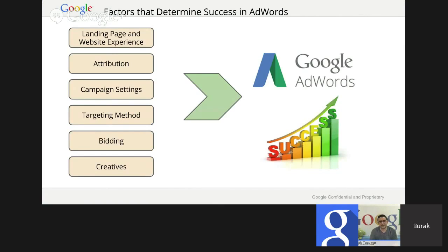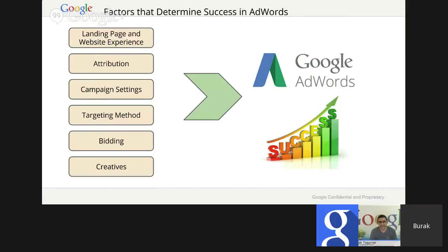And today I'm going to share some best practices on how to maximize your profitable conversions, or in other words, how to optimize for performance in AdWords search campaigns. When we think about factors that determine success in AdWords, we can group them in 6 topics. And each one of them is very important. Not one single one is more important than the other. And if there's a problem in one of these, that will have a negative impact on the success of your